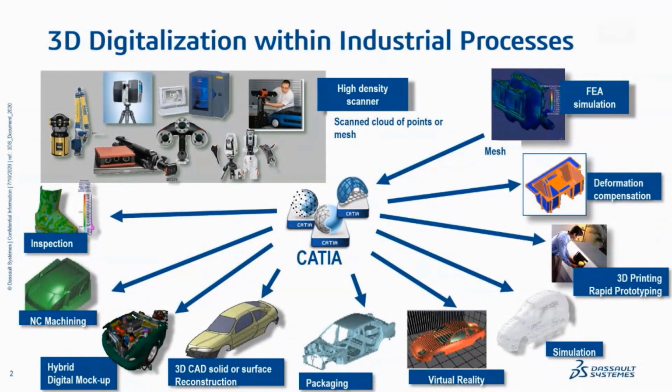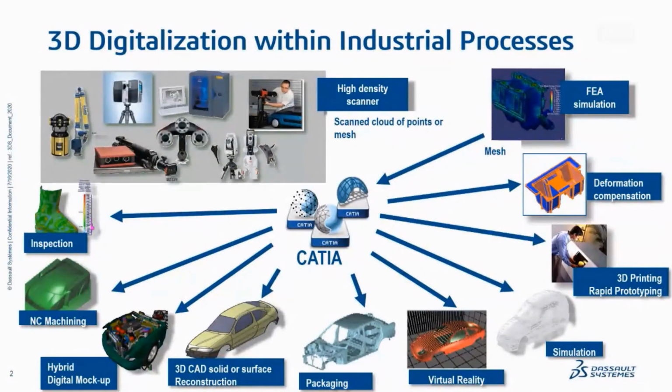CATIA proposes several tools to manage data coming from the digitization world. As you see in this slide, you will be able to use the output of high-density scanners to perform your job in all the different departments of your industry. To name a few, as input for inspection, for manufacturing directly on STL files, for classic surface reconstruction, but also